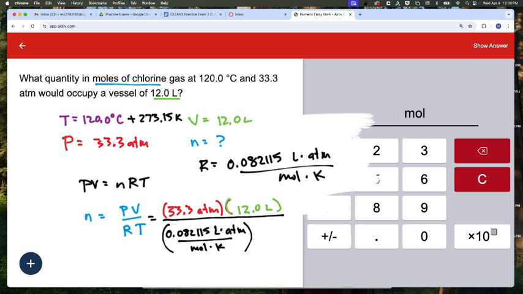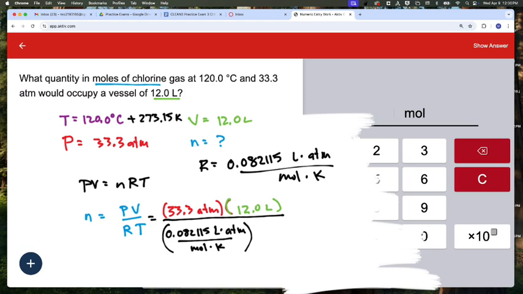What color did I pick for temperature? Purple. Can someone give me a number? 120 plus 273? I heard 330? 393 Kelvin. Okay, so personally what I would do is take the 33.3 times 12 and I would write down that